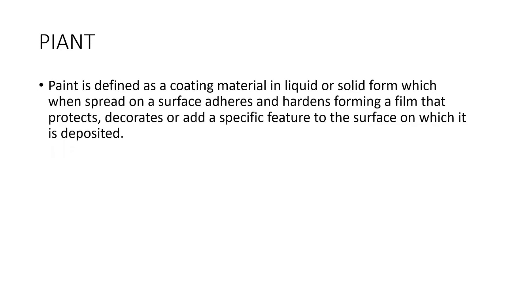Paint is defined as a surface coating material in liquid or solid form which when sprayed on a surface adheres, मतलब क्या है, जैसे ग्लू के तरह चिपक जाता है, and hardens forming a film that protects, decorates or adds a specific feature to the surface on which it is deposited. So